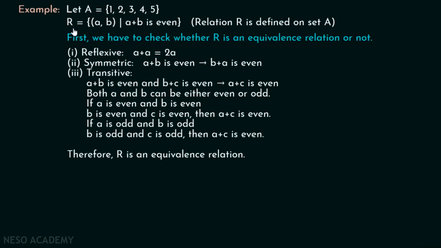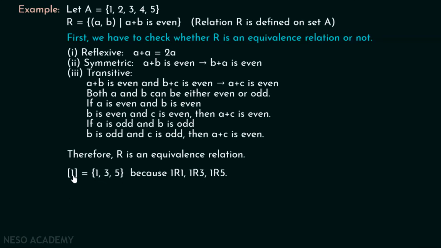Now, let's find out all the equivalence classes of this relation, okay? Let's say we have selected this element 1 and we want to find the equivalence class of this element. And you can see this is the equivalence class of this element 1, 3 and 5. Because 1 is related to 1, 3 is related to 1 and 5 is also related to 1. Why are they related to 1?